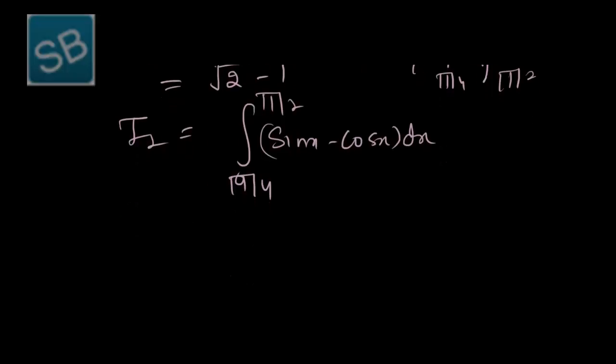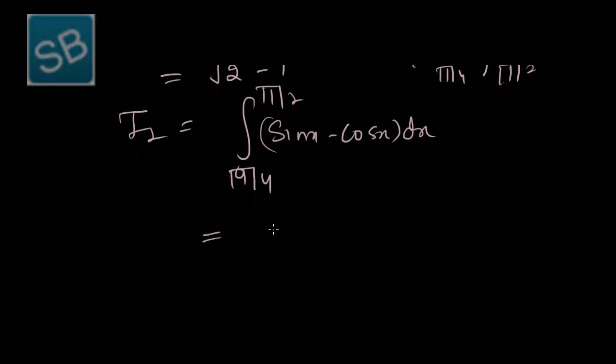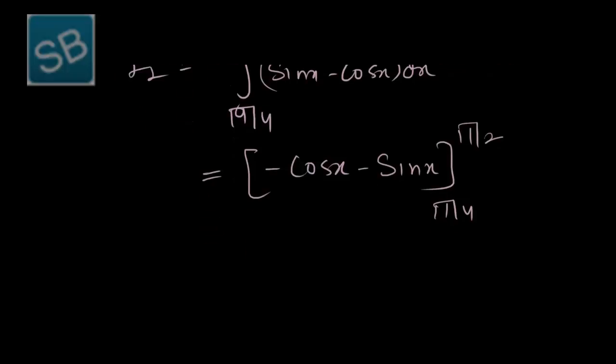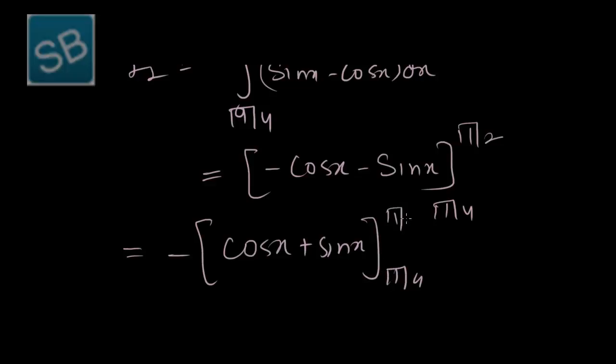So we will get the integration of sin x is minus cos x, and minus cos x is minus sin x. It is varying from pi by 4 to pi by 2. So minus is taken out, and we get cos x plus sin x, varying from pi by 4 to pi by 2. So we get I2 is equal to minus, upper limit cos pi by 2 plus sin pi by 2